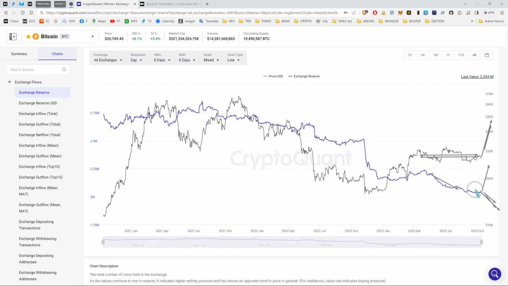Remember, the current market supply is roughly 9%. Remember what we stated earlier? 15% is a critical supply area. Below 10%, that means, oh boy, we're starting to have a significant premium on the price multiplier. That means each and every additional dollar of buying pressure is going to translate into $2 or $3 of actual market cap increase. Below 5%, it goes parabolic. That means the lower the supply as it tends towards zero, the more the actual multiplier will be on the market cap effect. So very, very important to understand.